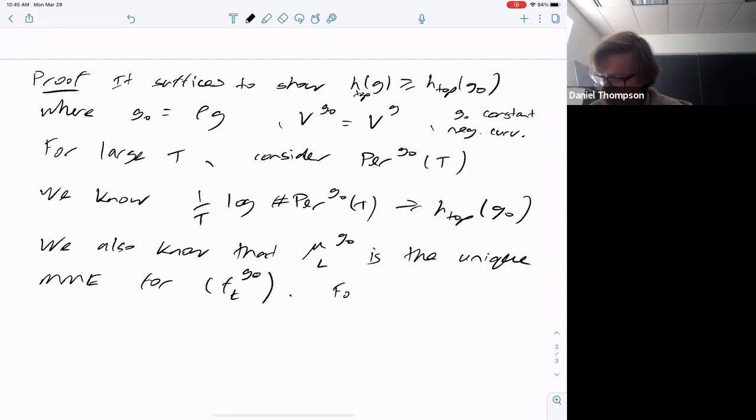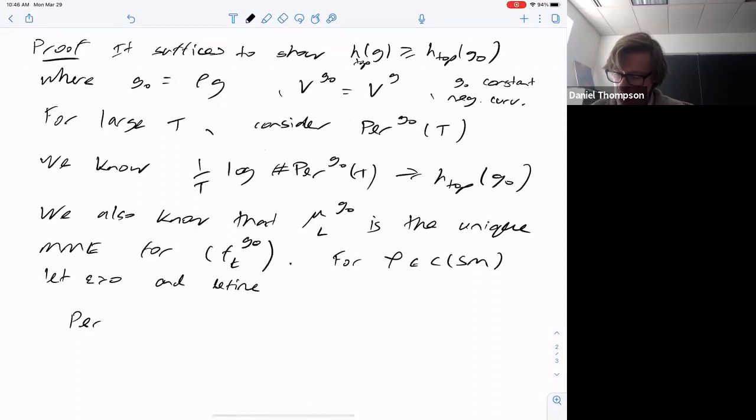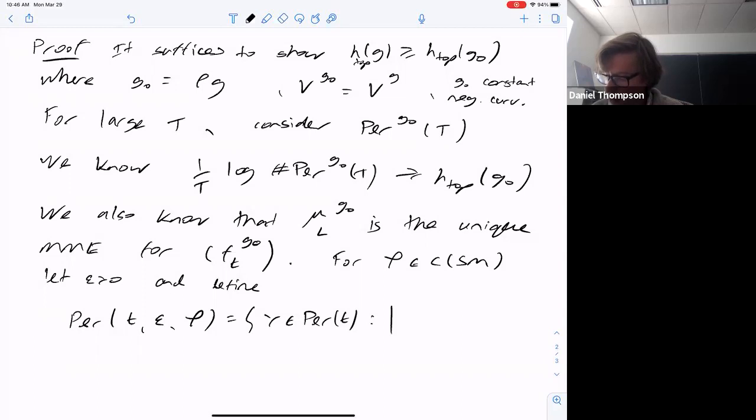Okay, so for continuous function f, let epsilon be greater than 0, and define Per_t(epsilon, phi) to be the set of periodic orbits such that the difference between,